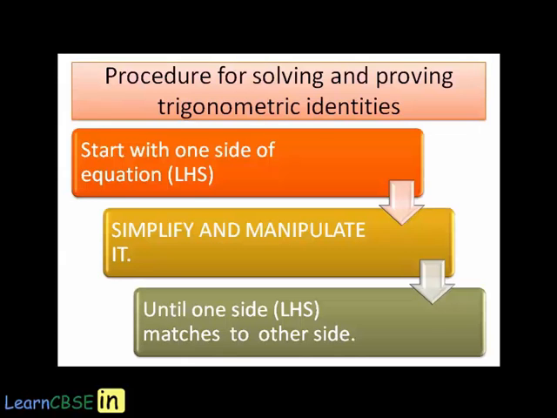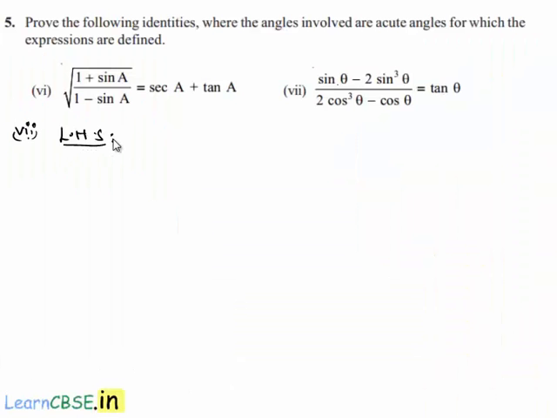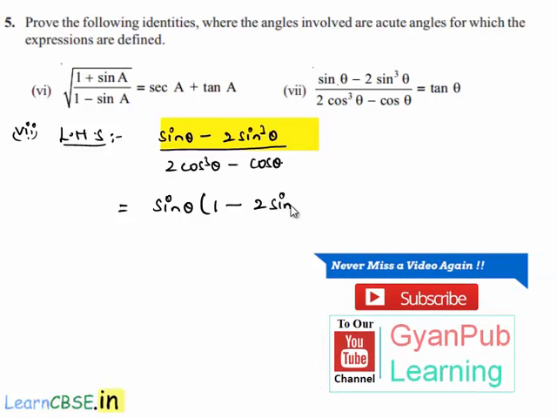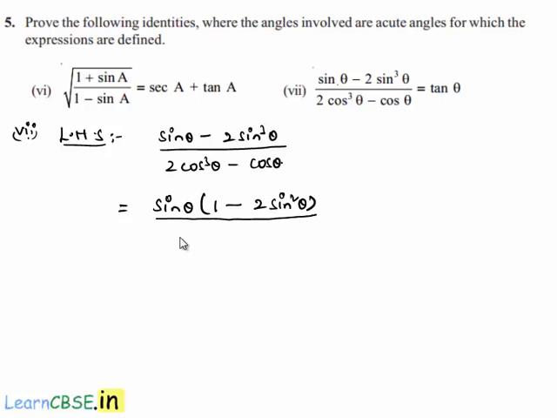In order to prove this, let us consider the left hand side, that is (sin θ − 2 sin³ θ)/(2 cos³ θ − cos θ). In the numerator let us take sin θ common, then we get the numerator as sin θ (1 − 2 sin² θ), divided by, in the denominator let us take cos θ as common, then we get the denominator as cos θ (2 cos² θ − 1). If we write sin θ by cos θ separately,